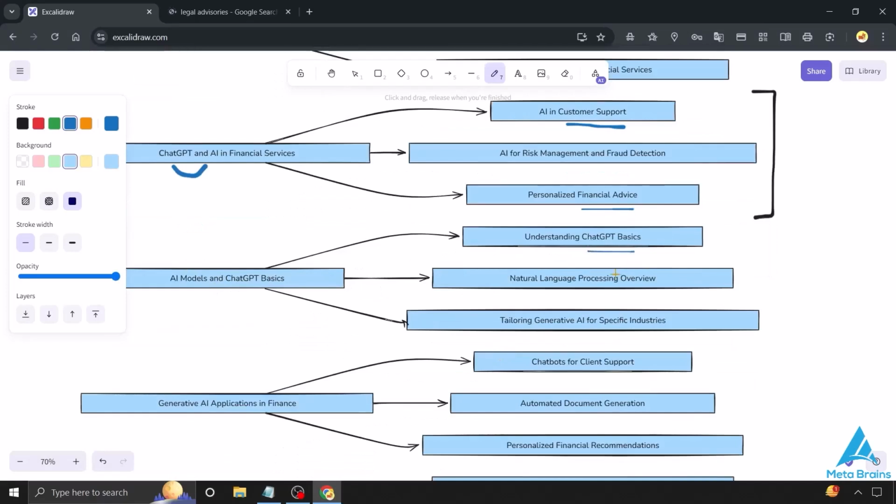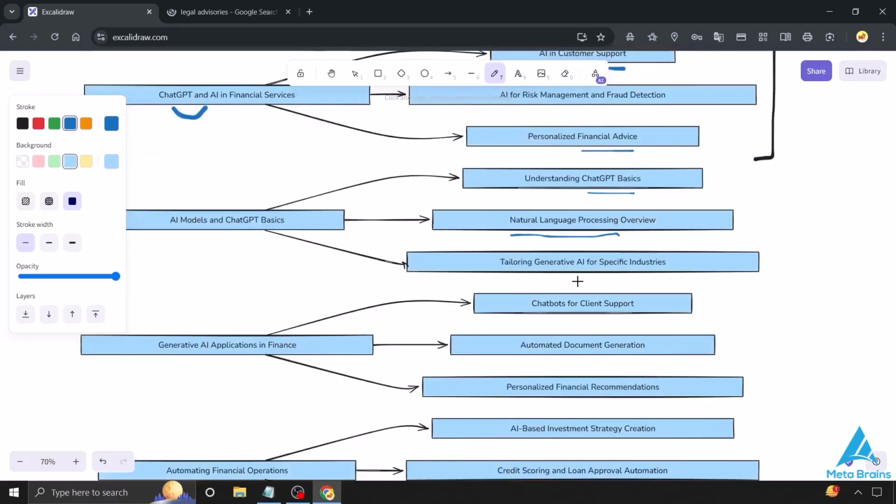We have the different AI models where we can understand ChatGPT's basics, like multimodal functionalities, data processing, data cleaning, etc. Then we will also understand our NLP. We will get its overview and its workability. We have the specific industry-related enterprise models that will be discussed here.